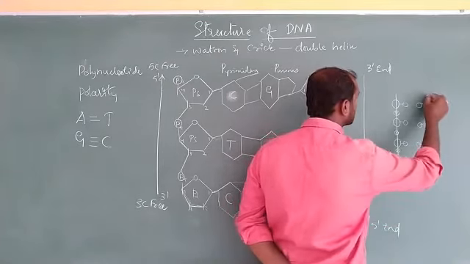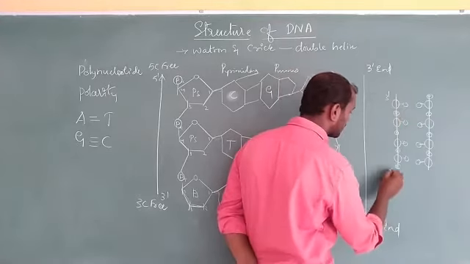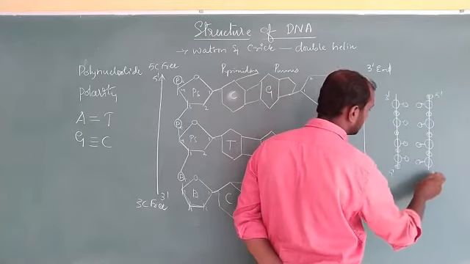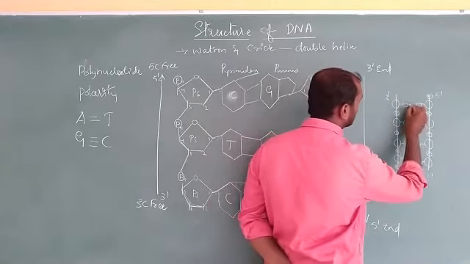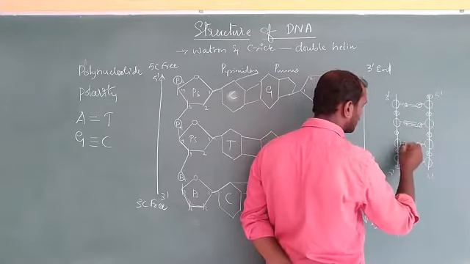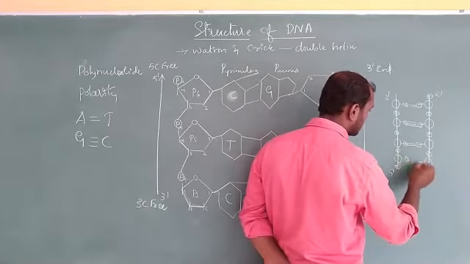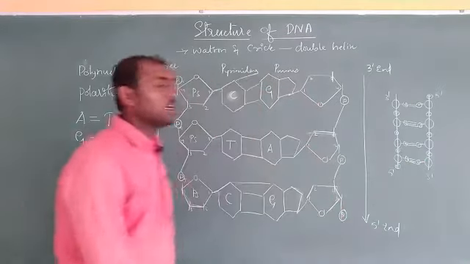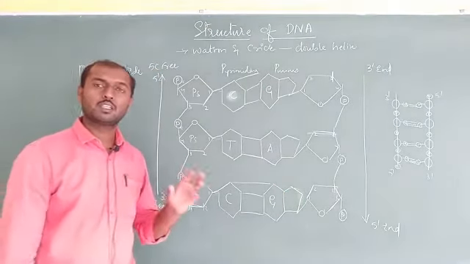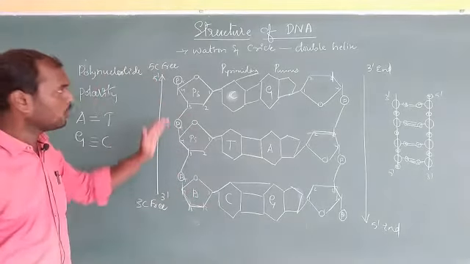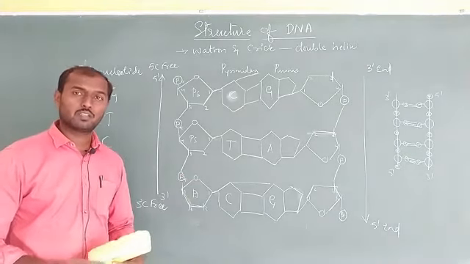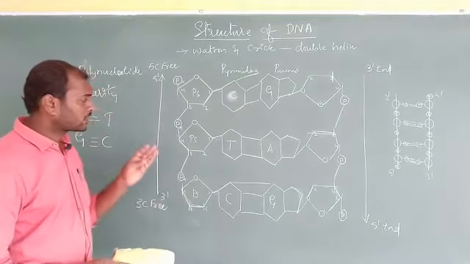Okay, just consider 3' to 5'. This is 5' to 3'. Okay, so here bond formation, it may be A, T, G, C, A, T, G, C. In other words, this is how actually the strand of DNA looks like. So when you are going to open it, it is going to appear somewhat like this. So this is how the polynucleotide is going to form in the DNA. So this is the basic requirement to know the actual chemical structure of the DNA.